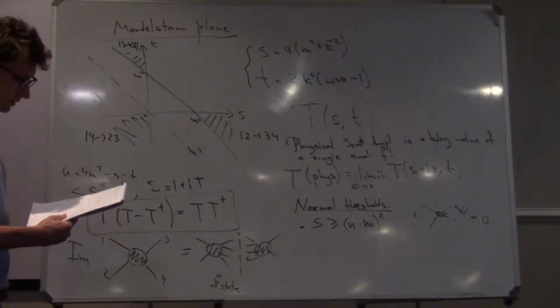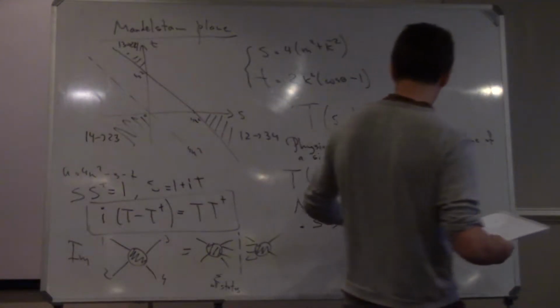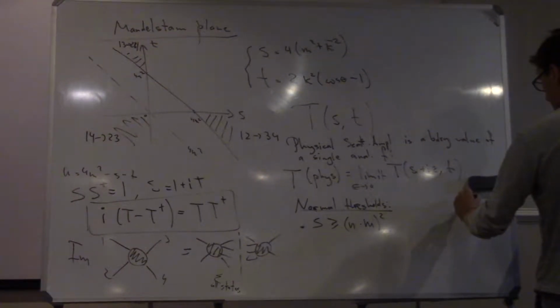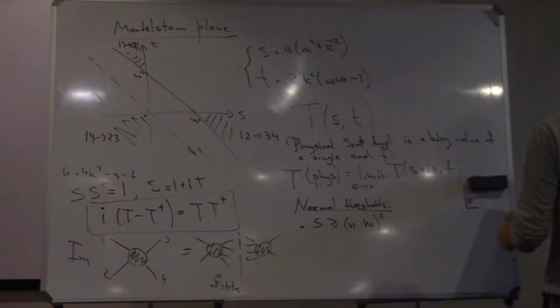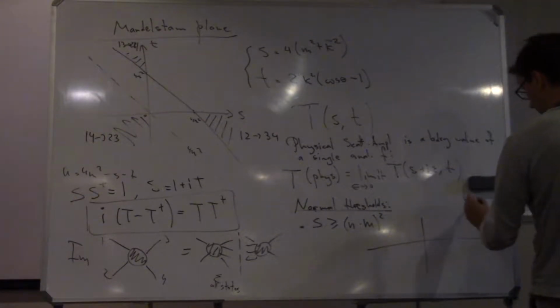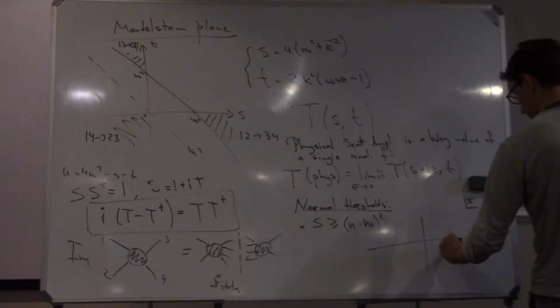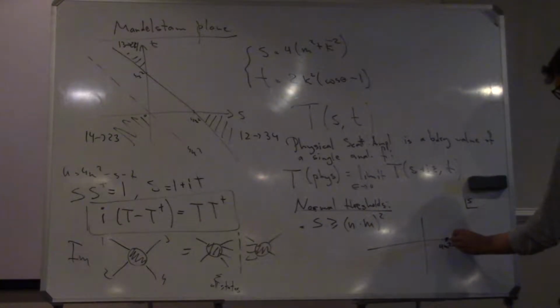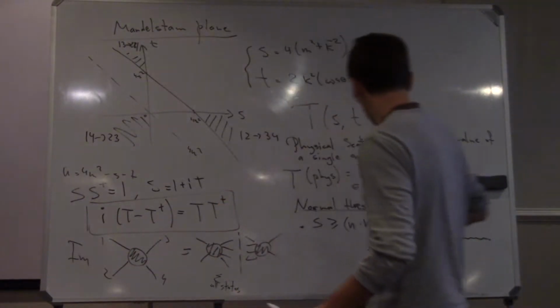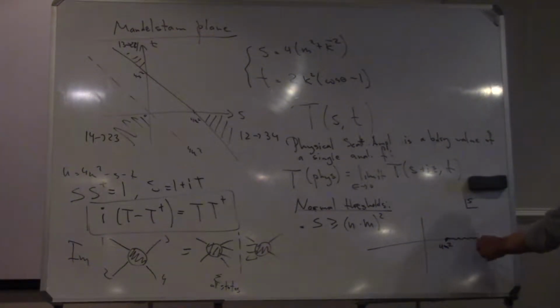Now, if we draw the complex S-plane, we see that when S is larger than 4m squared, there is some singularity, so the amplitude develops a branch cut, such that the discontinuity along this branch cut is given by probability. And then there are some thresholds: when here we have produced 2 particles, then we'll start production of 4 particles, etc.